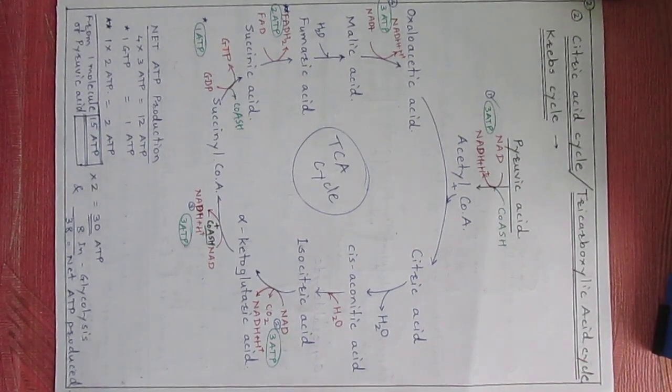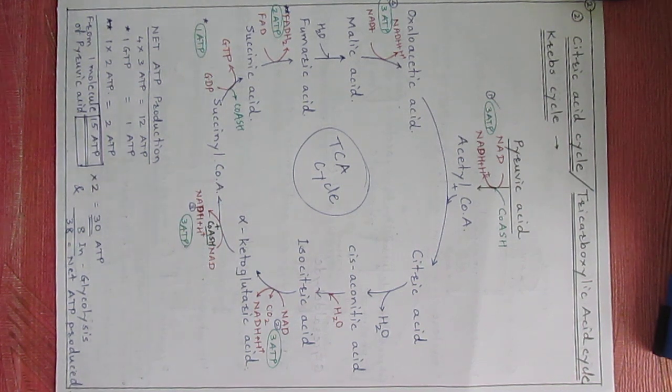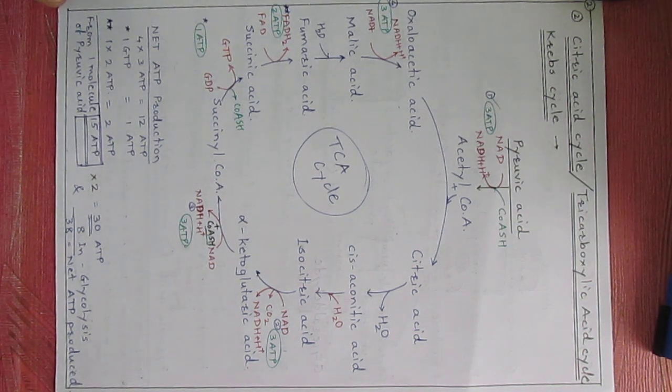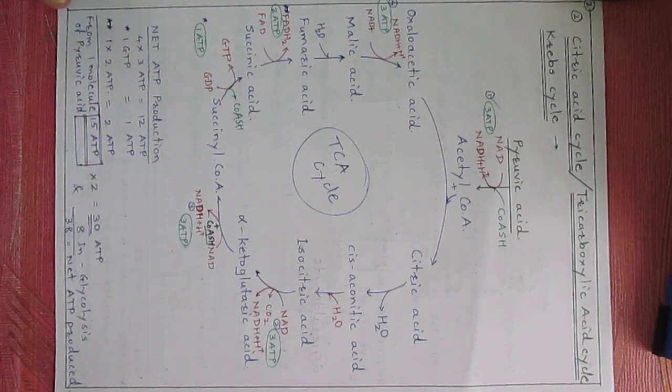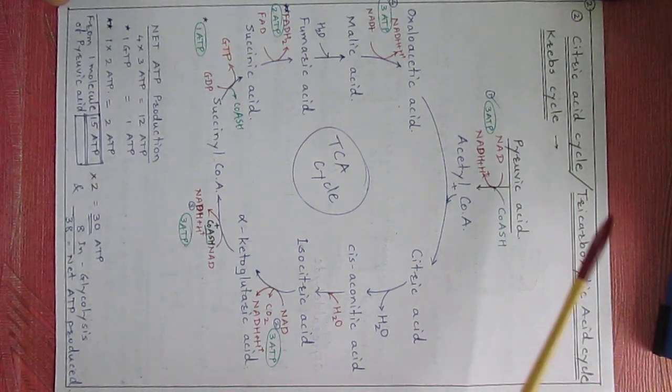Standard 10th Science and Technology Part 2, Chapter number 2, Life Processes in Living Organisms. In this process, we are going to study the energy production in the living organisms. In this, the first step was the process of glycolysis, and the second step is the tricarboxylic acid cycle or